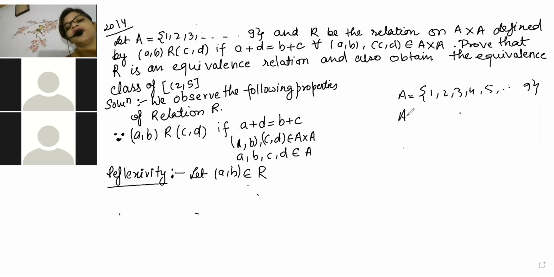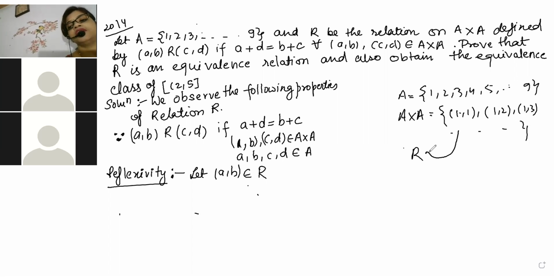So definitely A cross A will give ordered pair elements. So these are exactly the elements which are nothing but ordered pairs. And the relation has to take these ordered pairs. These ordered pairs are exactly the elements for the relation. Remember this: these ordered pairs are the elements for the relation. And this relation will be picking them and getting the answer.